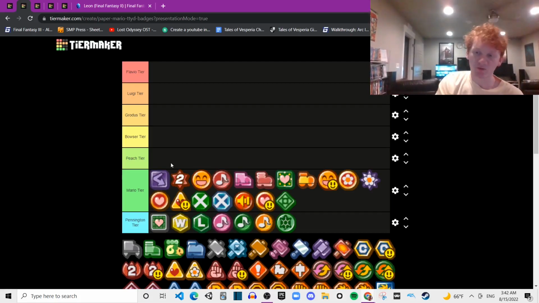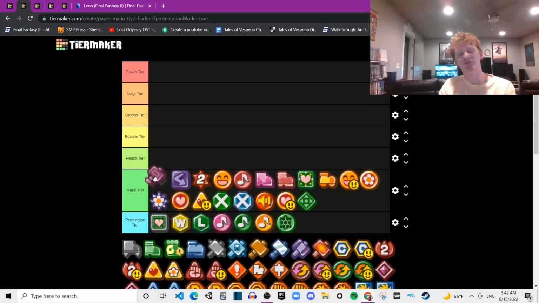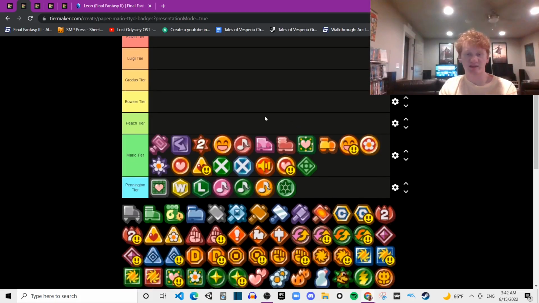Next we have Head Rattle. This is like a weaker version of Vivian's Infatuate. It's just like some of these other ones, I don't see really a point in using it. But if you are weak and you want to cause enemies to attack each other,